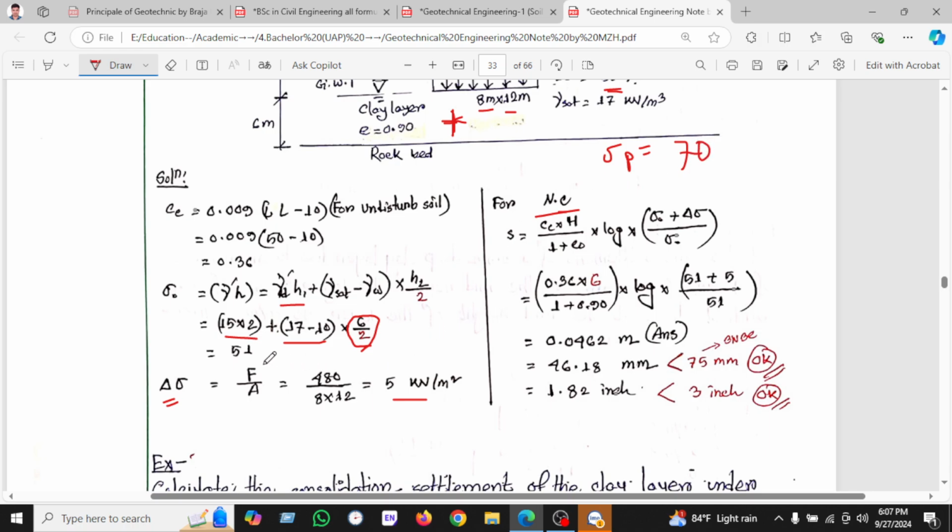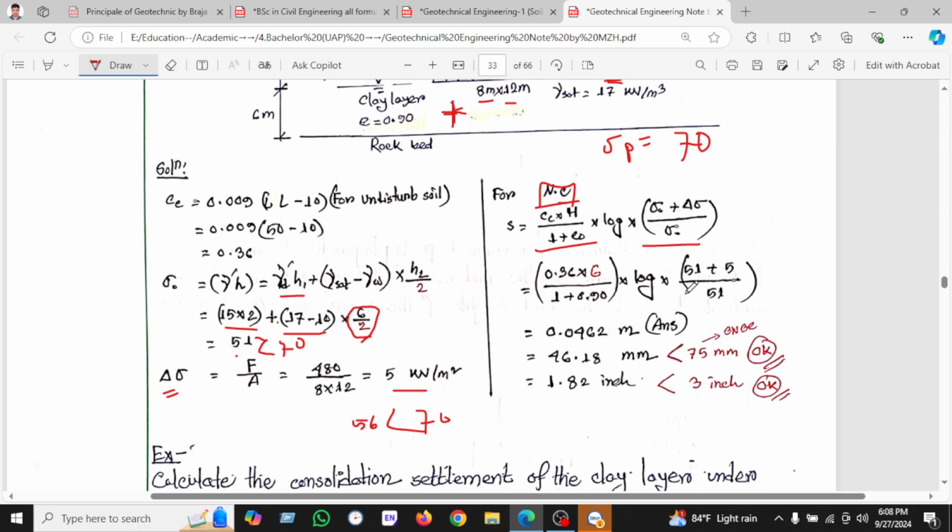So 51 is less than 70, and 51 plus 5, which is 56, is also less than 70. In this way we will use the normal consolidation, and putting all the data here, I found